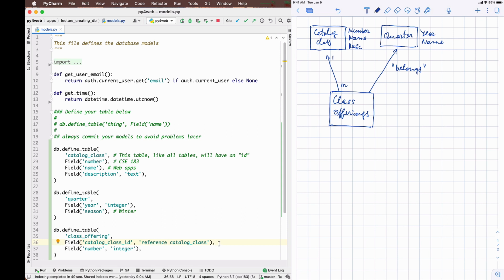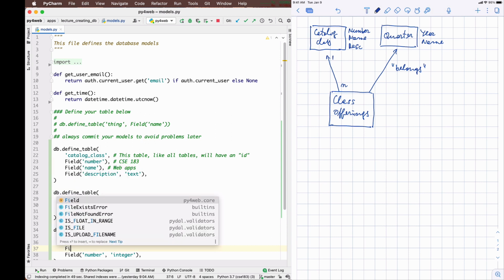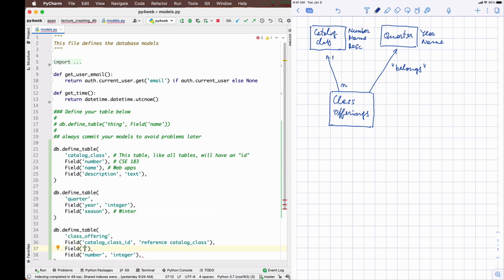So now we can code also the other arrow from a class offering to quarter, and we can say field quarter ID. Okay, so the name quarter ID is simply my own convention. You could call it quarter reference, or whatever you want. That's not important. What is important is that the type is reference, in this case quarter.